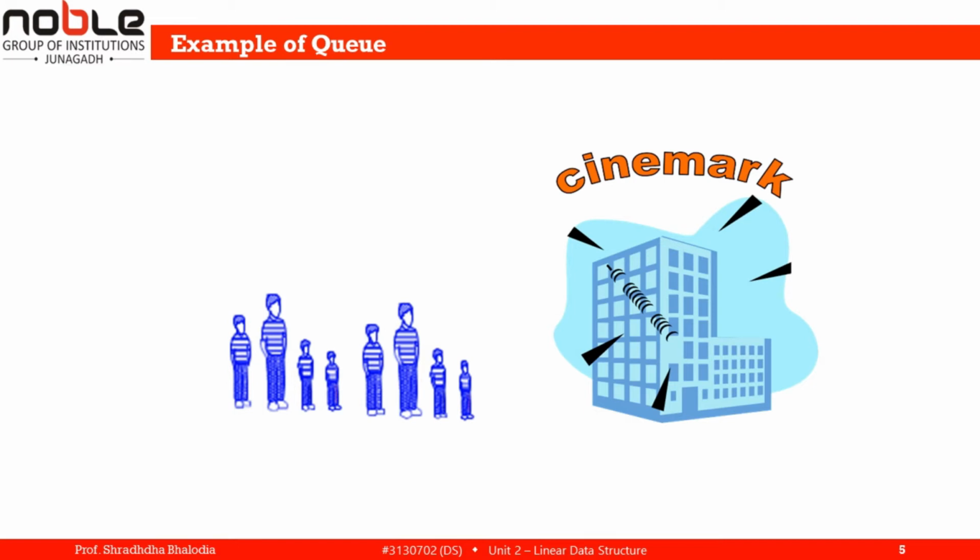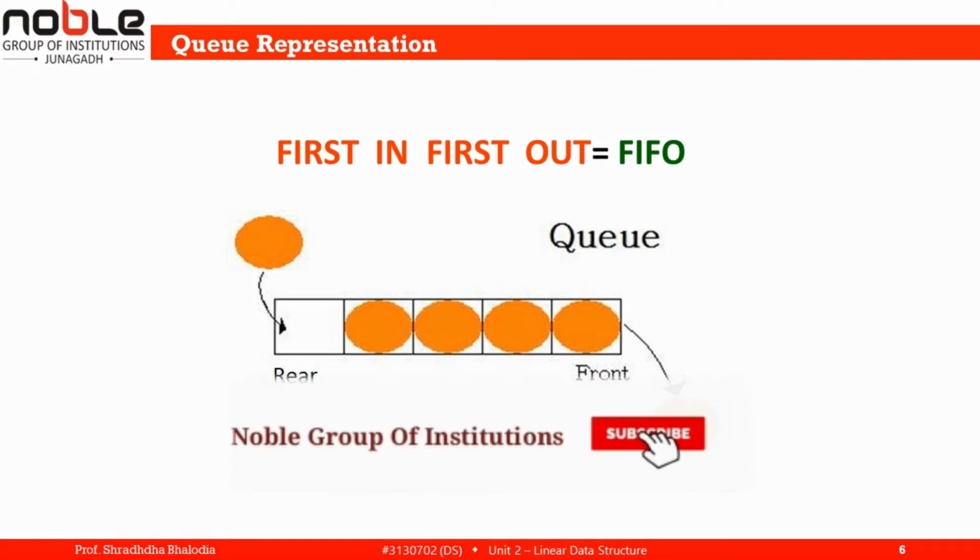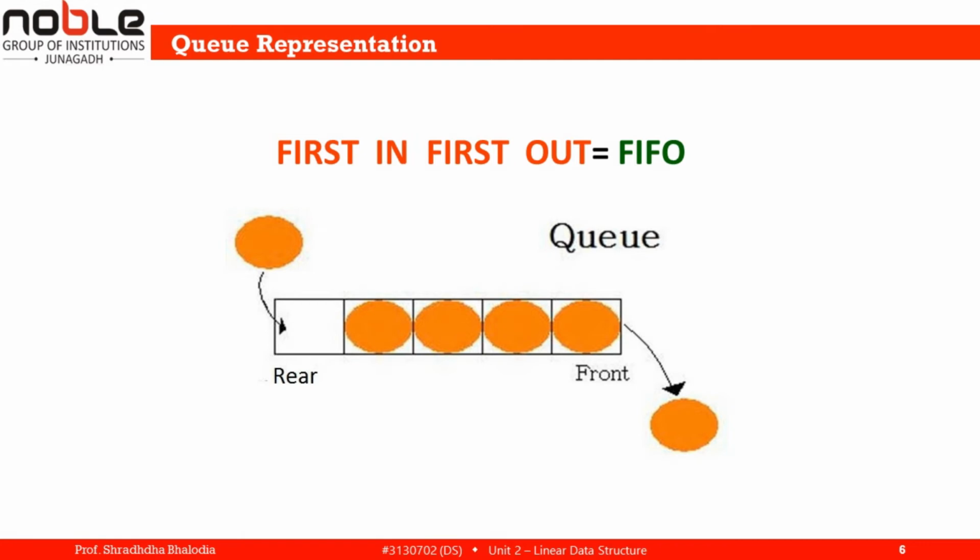Queue is a linear list which has two ends, one for insertion of elements and the other for deletion of elements. The first end is called rear and the latter is called front. Elements are inserted from the rear end and deleted from the front end. Queues are called first in first out lists, since the first element in a queue will be the first element out of the queue. In other words, the order in which the elements enter a queue is the order